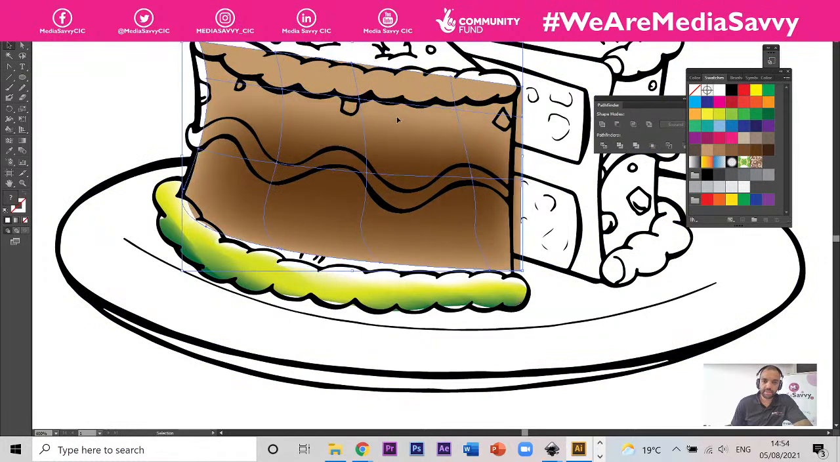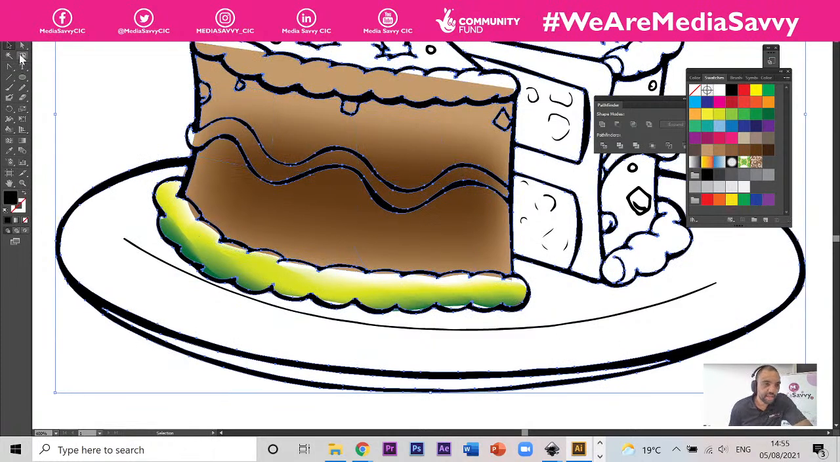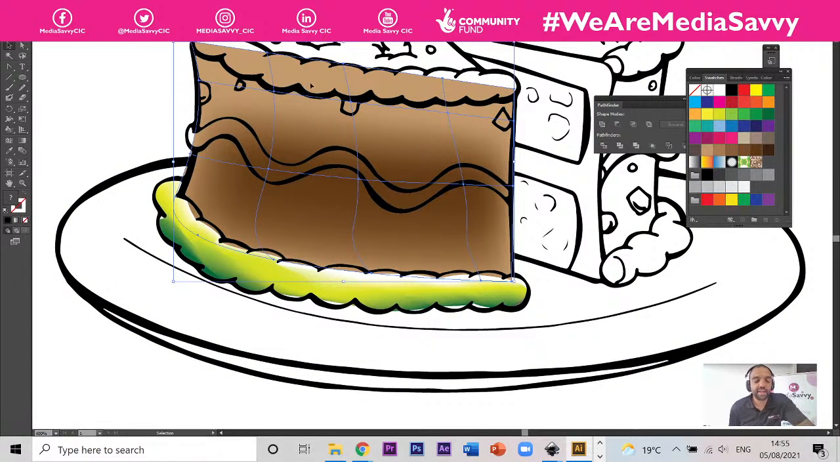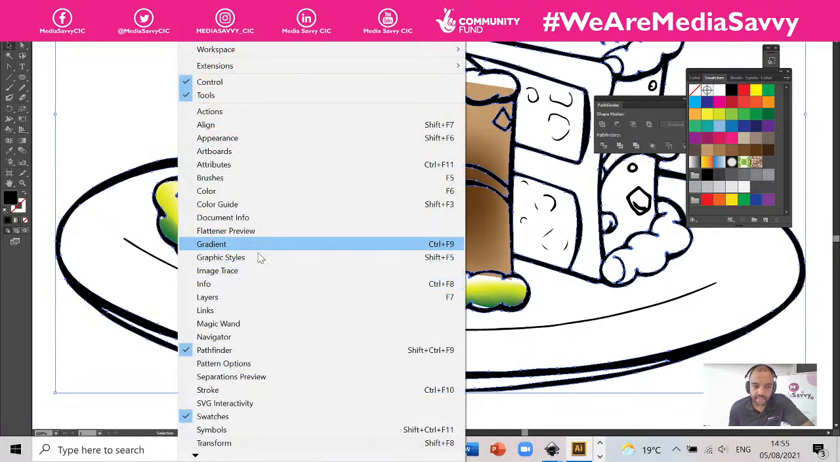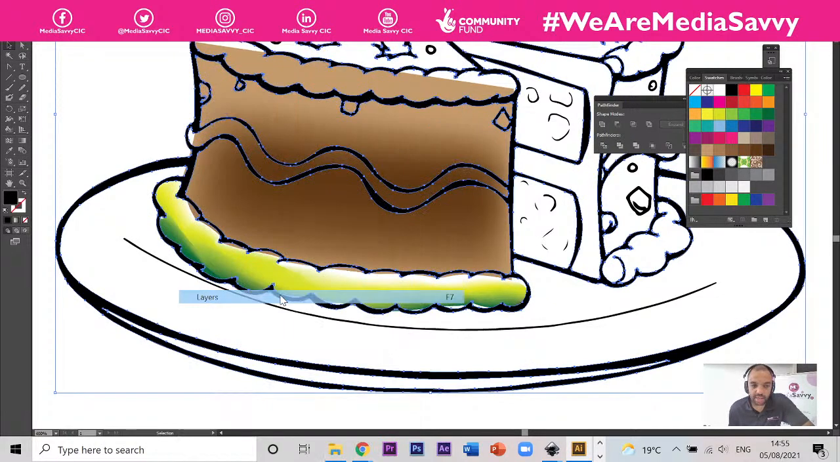And then I want to explore one thing again. It might not work, but there's one thing that I did find that was quite cool last time when I was experimenting with Illustrator, which was to just use the eraser tool. But what we need to do is go to our layers, and that's Window, Layers,